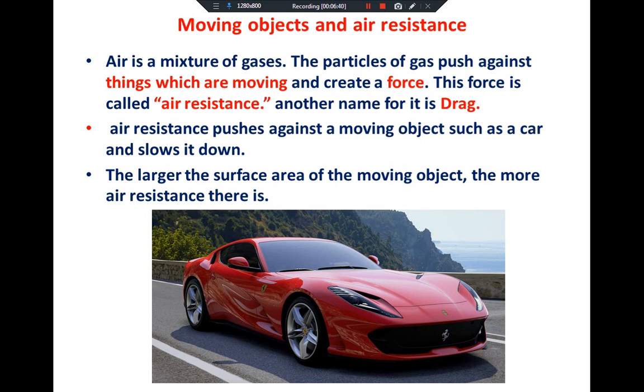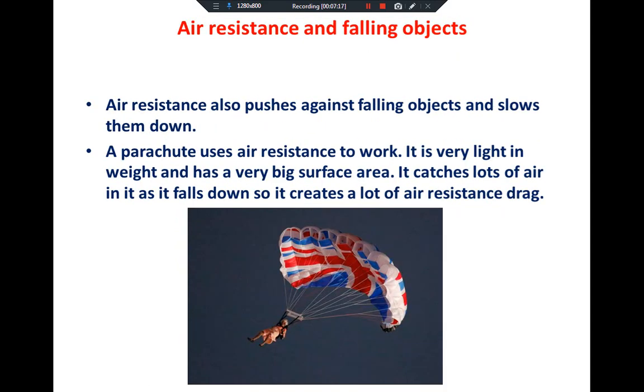And if you want to stop them, the bus will stop faster than this. Why? Because it has a larger surface area, while the sports car has what? Smaller surface area, okay. Therefore, air resistance will be more on the objects that have larger surface area, and air resistance will be less on the objects that have smaller surface area, just like the bus and the sports car, okay. After that, we explained